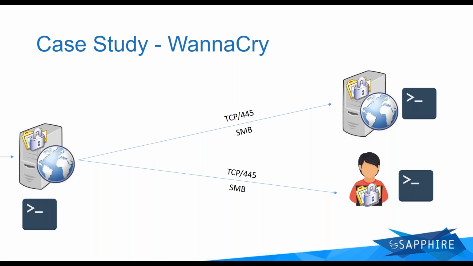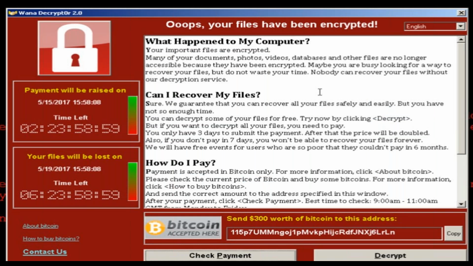At that point, everything in the network's encrypted. It's not just a couple of machines. It could potentially be a significant number of machines, as what happened in some of the NHSs in the UK. And then as soon as that machine has been encrypted, it would reboot, and you would get the unfortunate ransomware